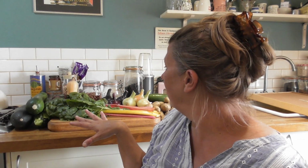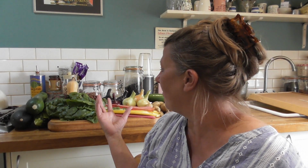So, I mean, there's masses here, you can see. So that combination of, in terms of stored produce, I rarely run out of tomatoes. I've never run out of tomatoes that I can remember. I'm half wondering about rationing my tomatoes now because I have just heard as I was leaving the garden that